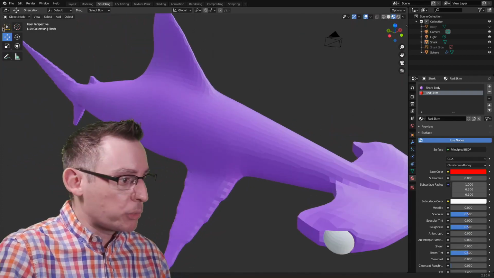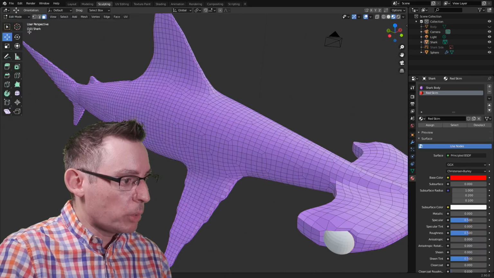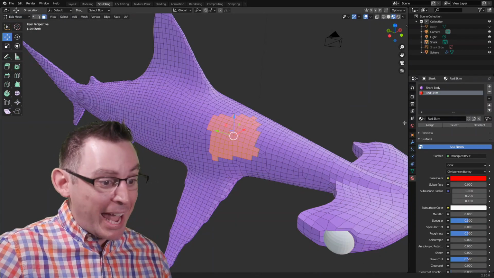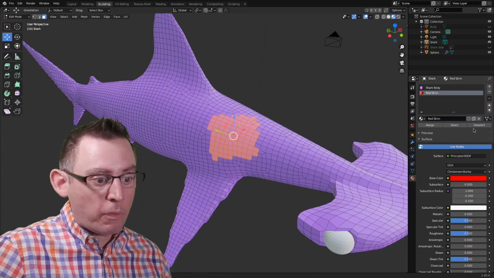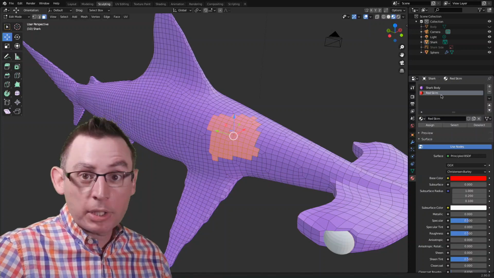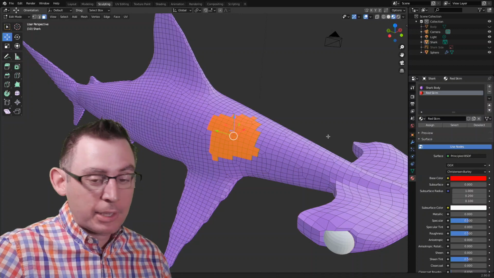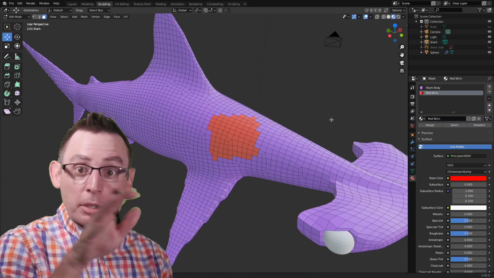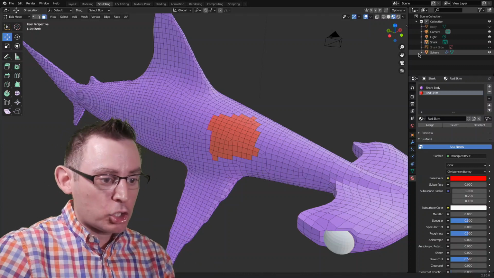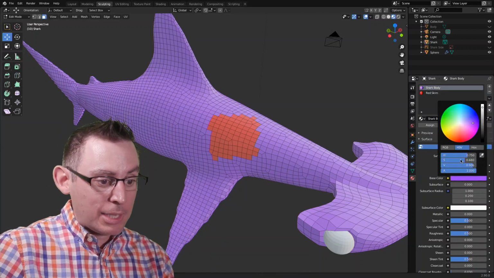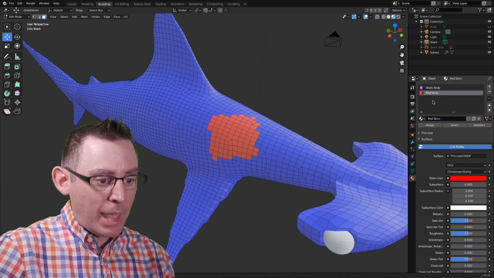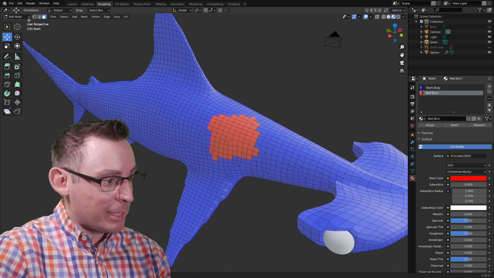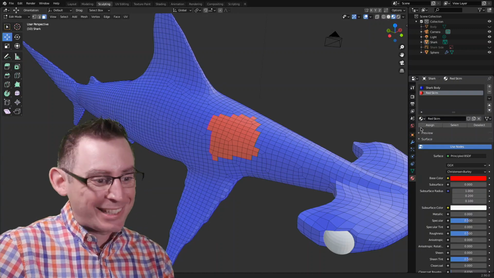At the component level, it's real kind of easy. Just go into edit mode. I'm going to go into faces. I'll just grab some faces here. And now at the component level, we have a new row of options that pops in here. Now, notice that I got the red one selected. And if I hit assign, it's automatically going to apply the material tag to the selected component. So the shark body, this is everything. This is at the object level. And then I've added some component level material tags by selecting them and then using this assign button.